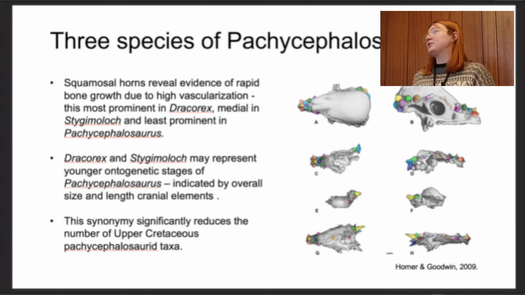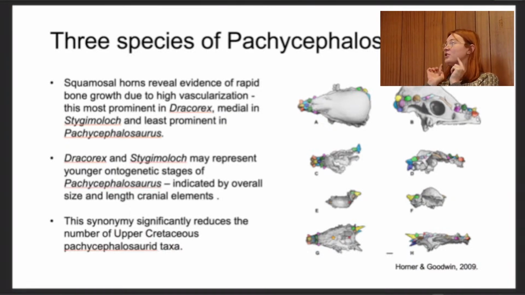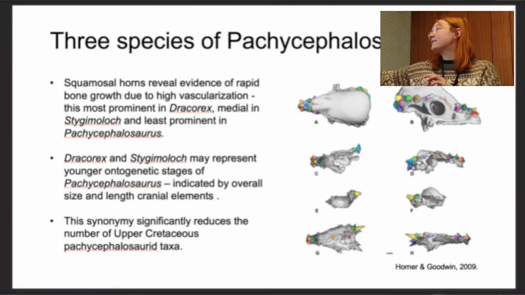So Horner and Goodwin in 2009, this is a really cool paper. Whether you agree with it or not, there's a TED talk about it as well. It's really great, basically looking at how paleontologists are so keen to name so many species of dinosaurs that sometimes they don't think that they could be fewer species but just different stages of growth. So by looking at the histology and the size of the skull and the bony ornamentation of these different species,